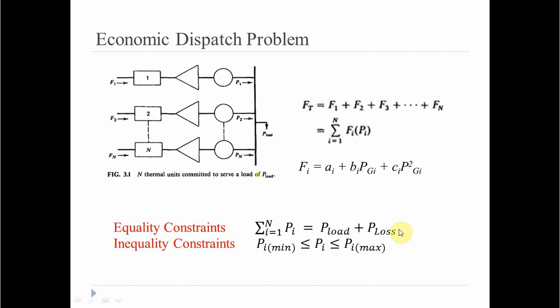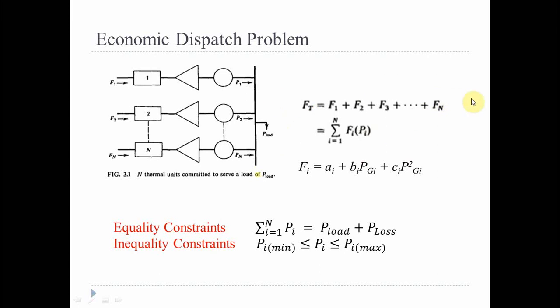So the total number of constraints in this particular optimization problem will be equal to n plus 1. Each generating unit will give you an inequality constraint and you will have one equality constraint. So the total number of constraints in this particular problem will be equal to n plus 1,